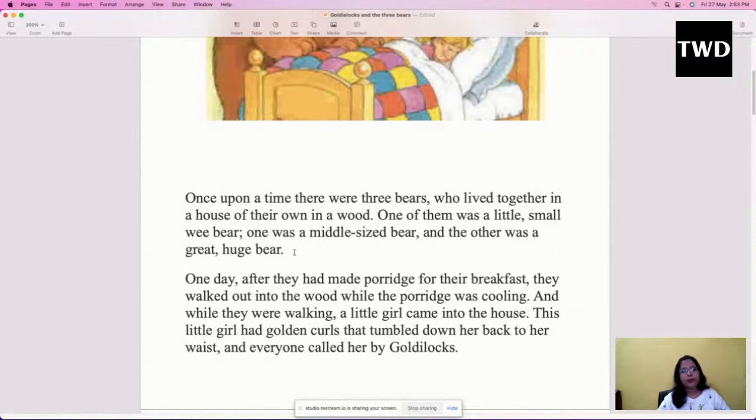Then the second time when you are reading, read it with reflection. Here I mean that you have to check whether your pronunciation is correct, and also mark the words whose meanings you do not know. Also check whether you are pausing wherever there is a comma, and whether your way of reading sounds like a question when there is a question mark in the story.